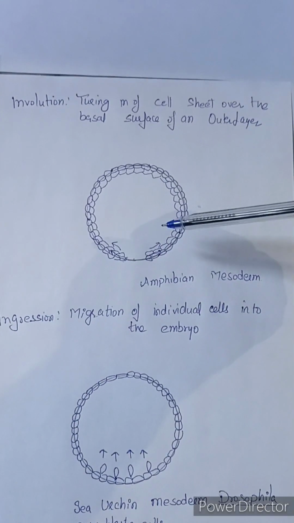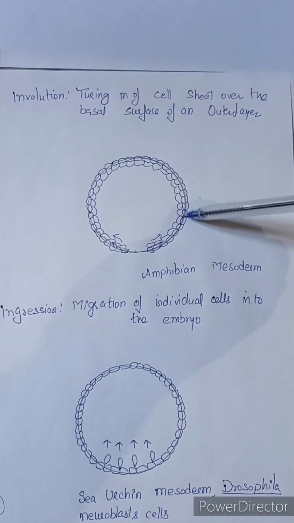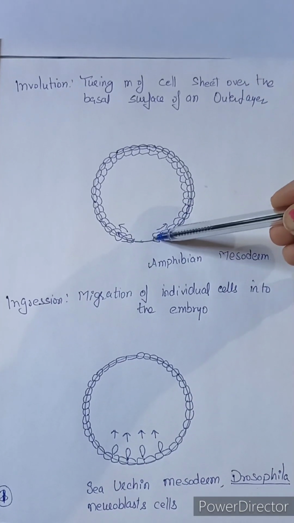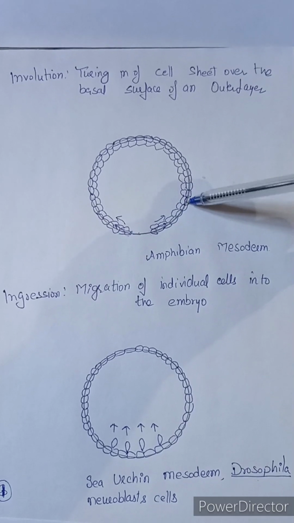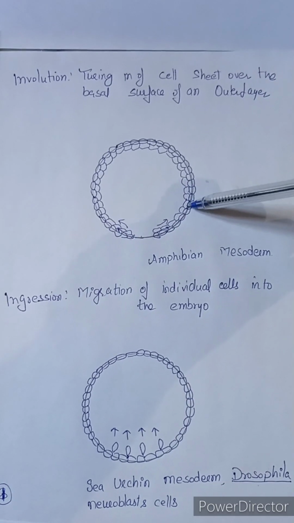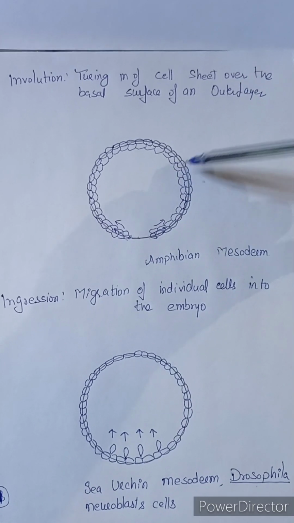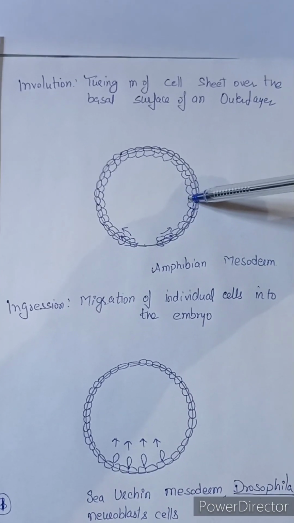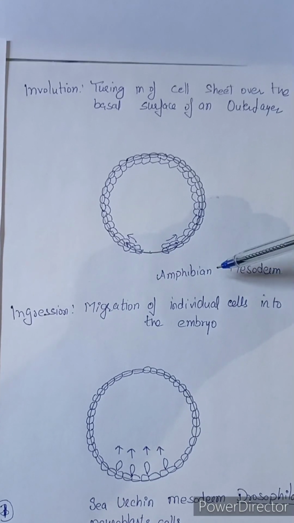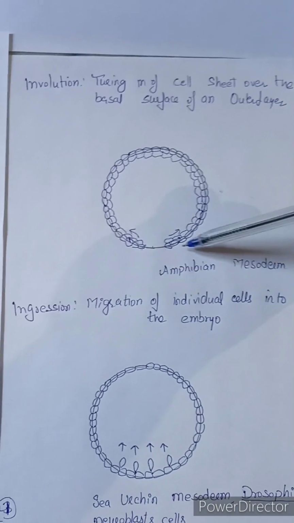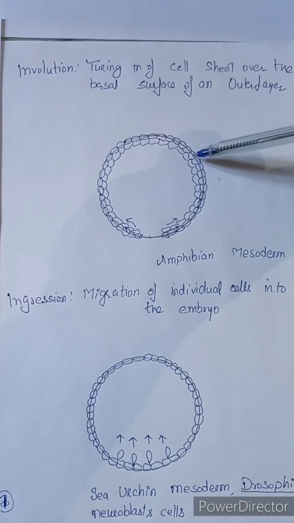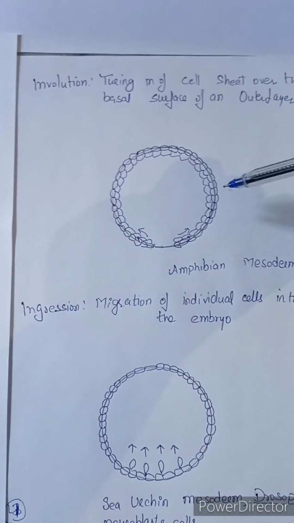Here you can see that layer 1 is there on the outer side and layer 2 is there on the inner side. So from the basal side, enfolding of the cells, mesodermal cells, takes place, and this mesodermal layer runs in between the ectoderm, outer, and the endoderm, which is inner, right? So amphibian mesoderm shows this kind of cell movement. Here enfolding of the cell occurs, and the mesoderm occupies the space between the ectoderm and the endoderm.